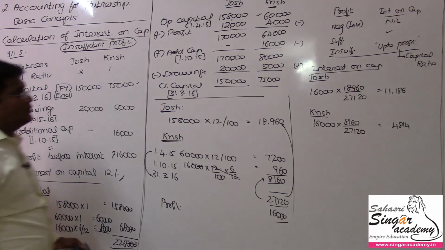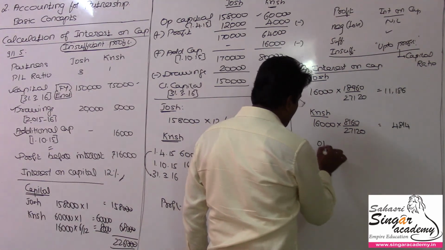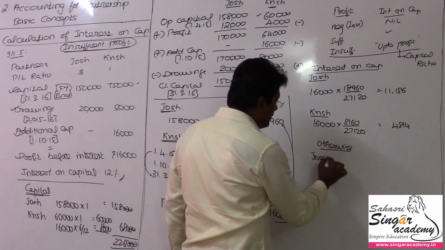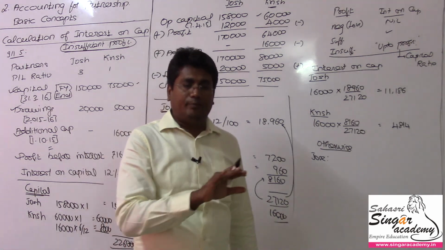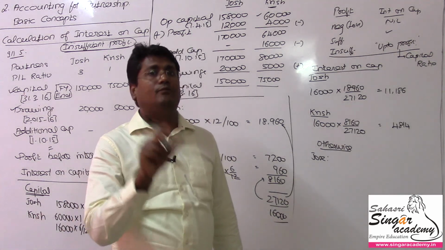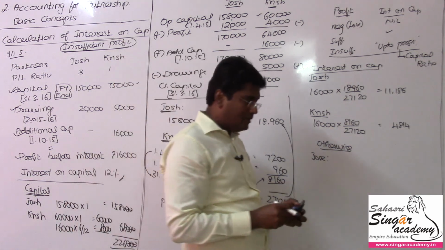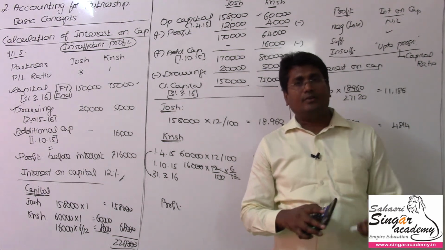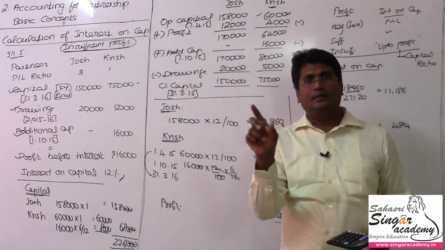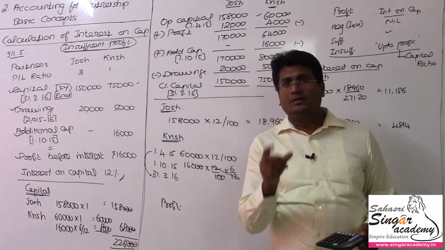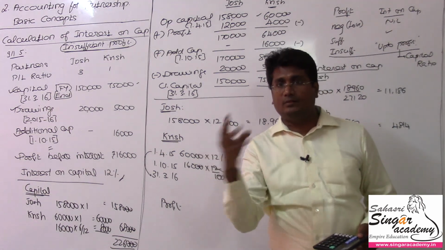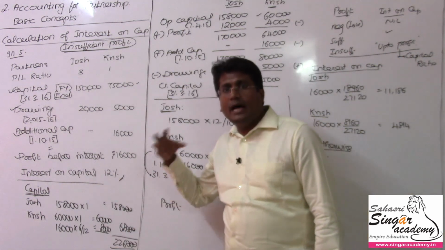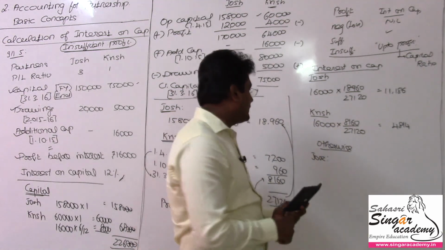In this ratio I am going to distribute, you will get the same answer. Otherwise, for Joe's, whatever the profit available, that profit will be distributed in their own capital ratio, that too in weighted average capital. Weighted average capital is nothing but when there is an additional capital as well as withdrawal against the capital, it should be adjusted. After the adjustment, you convert that to the year. If the investment is made halfway through, the investment is multiplied with the half. For the 9th month, only 3 months left over, so multiply by 3 by 12. Such a way you multiply and get the average one. That average will be called the weighted average capital. You can take that one here.